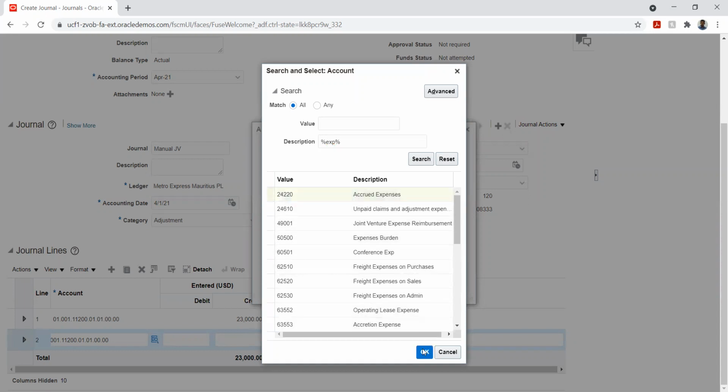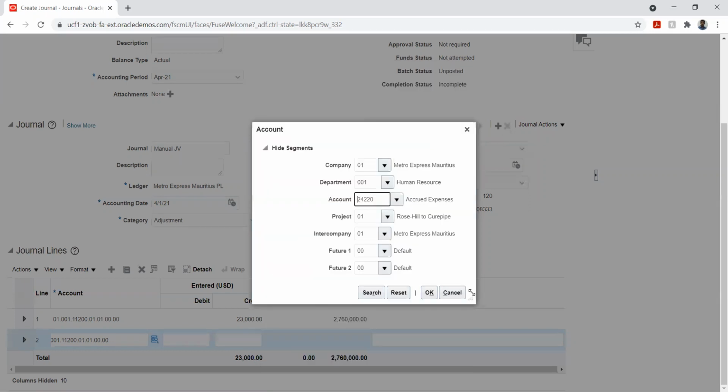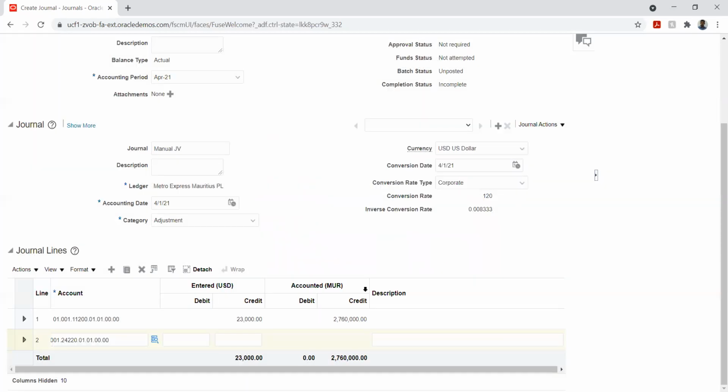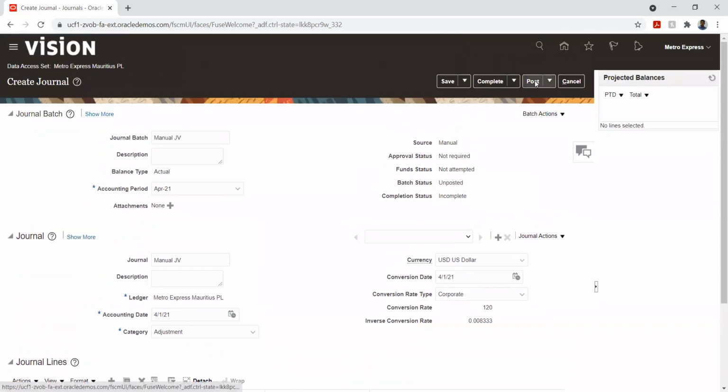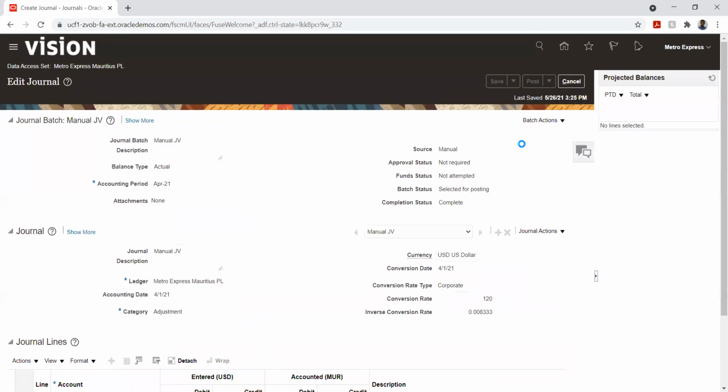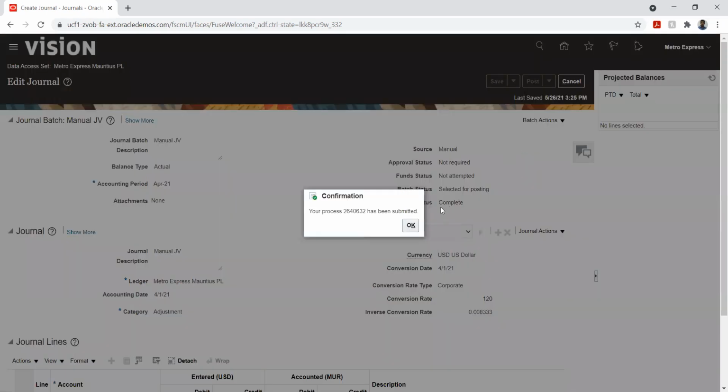Okay, accrued expenses. Okay, so now if we post this particular entry, we should get a message without any issue that it has been processed. Yeah, it has been processed.